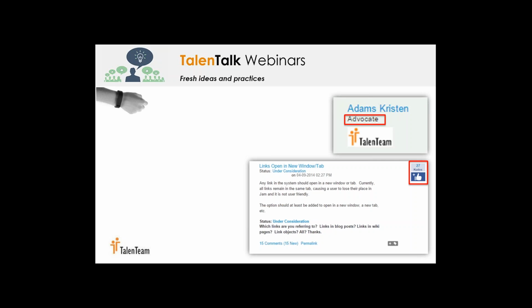We also have levels and status to achieve. For example, my name is Kristen Adams, and I am active in the community. I'm currently at advocate level. If I post a number of more posts and solutions, my status will be promoted to expert. So you can see how level and status is tapped into here within the community, because if you're regarded as an expert, people might be more inclined to listen to your advice, etc. So we're seeing that ability to engage partners into really interacting with the community.